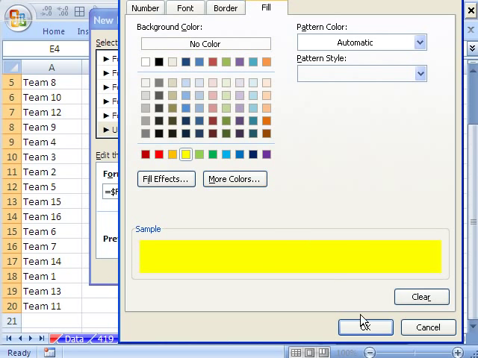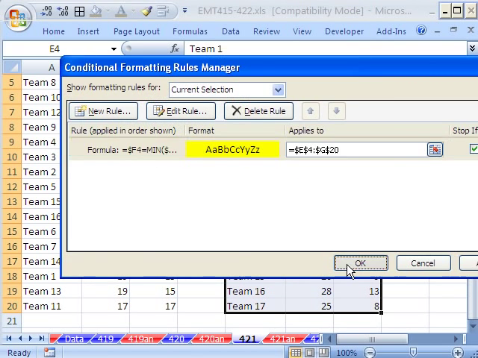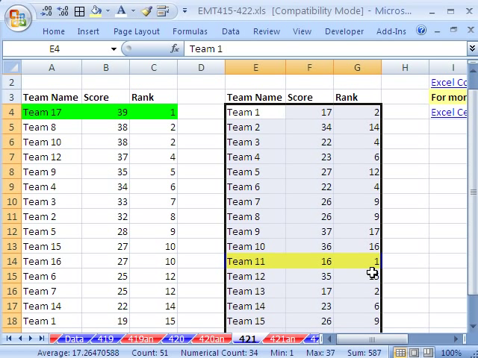Say this one will be yellow. I'll just click OK, click OK, click OK. And so there it is. Team 11 has the